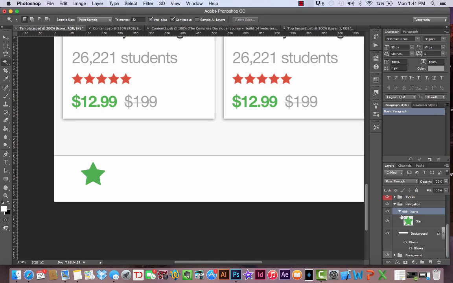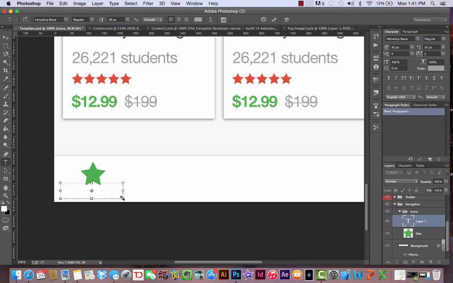Our star is still there and we can play around with it. We could change its color if we needed to. We could do a lot of different things with it. Now let's add the text layer below, and I'm going to drag this out, and it is going to be Helvetica Neue regular and the size of 30 pixels, and I believe the first is featured,